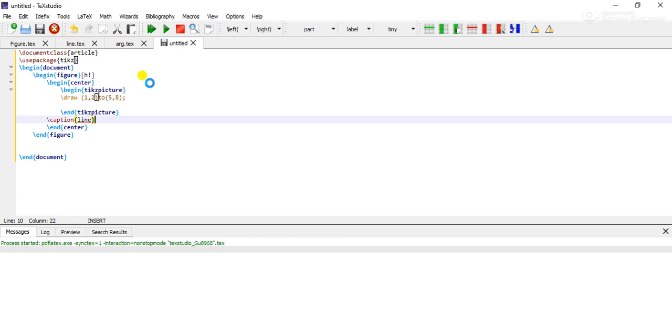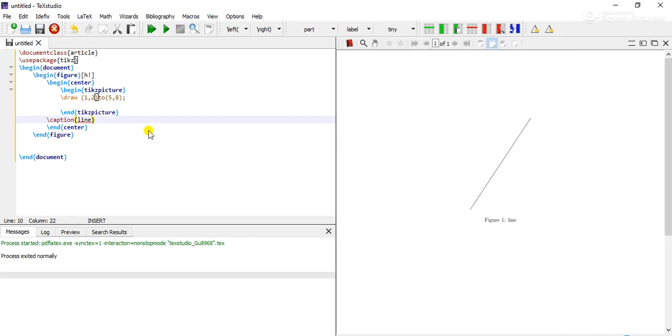After that, let us see what will be the output for this. See, we have got a line, and I've given the caption to be line.